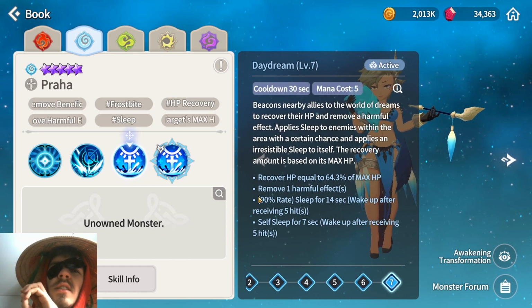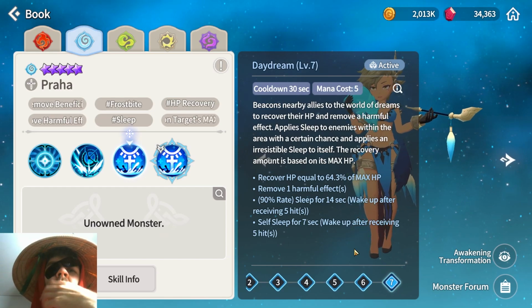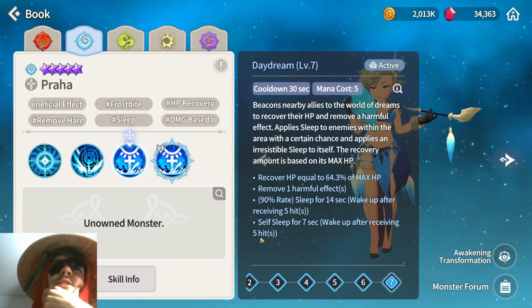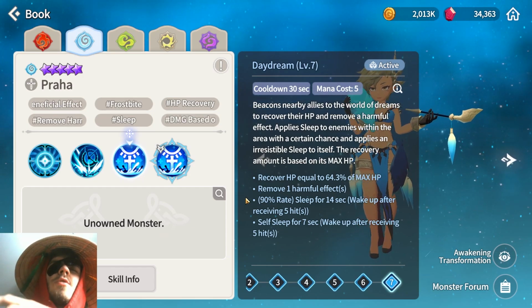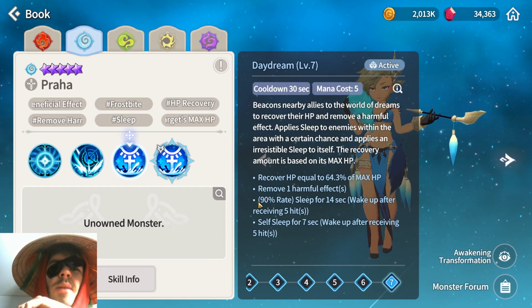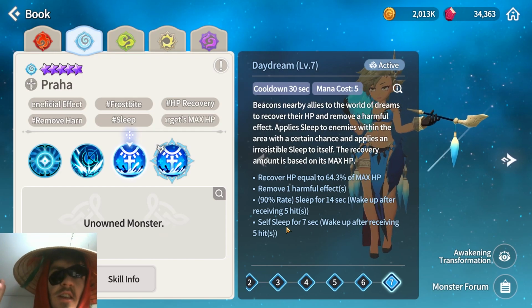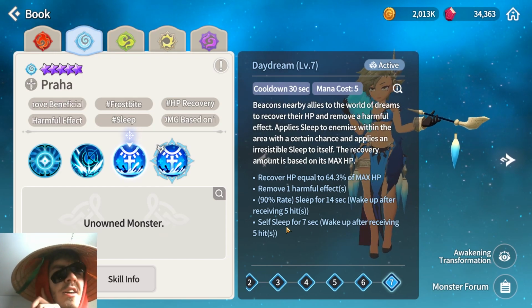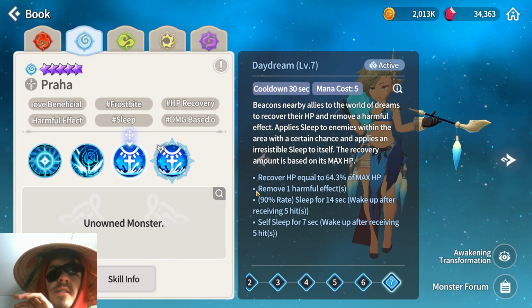Now the extra part where she sleeps both enemies and herself. The problem with sleep is that unlike stuns, the sleep can be removed if you attack the enemy several times. So as you can see, they wake up after getting 5 hits. This means that in your team comp, you are either sacrificing half of this ability and simply using it